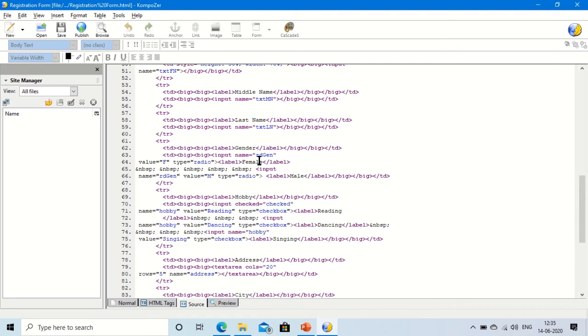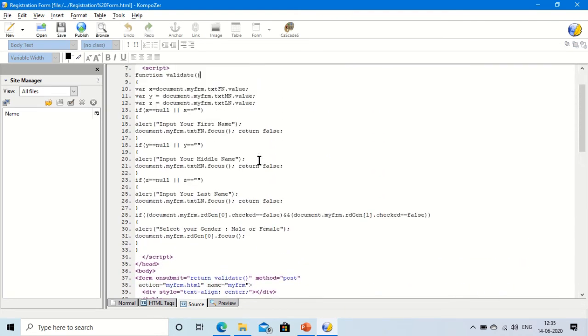Now we are going to add the validating code for checkboxes. So in the same function we have to add right here if document dot, give one more small bracket here, document name of the form myfrm dot name of the checkbox.